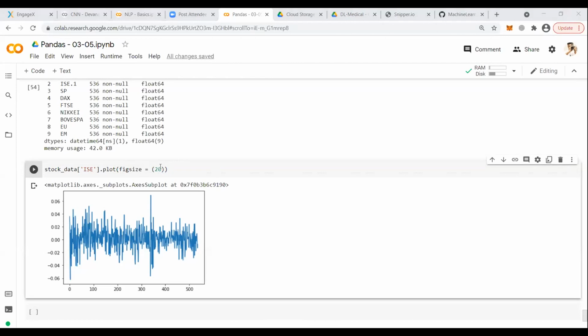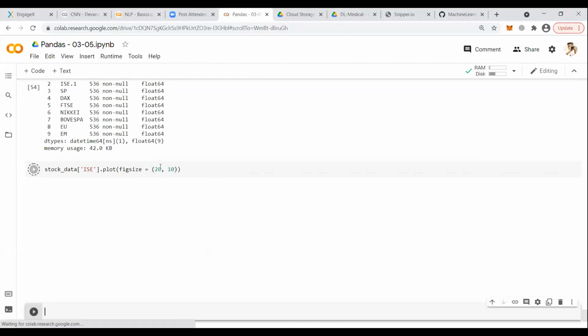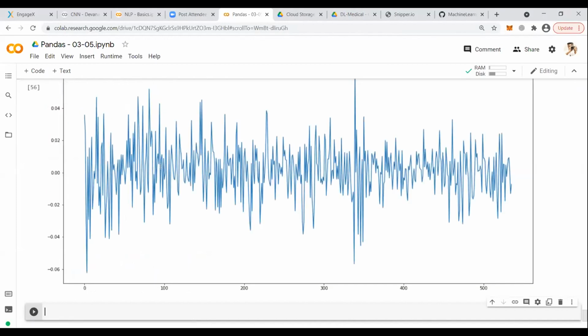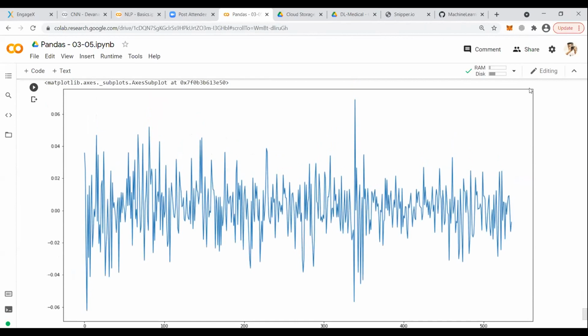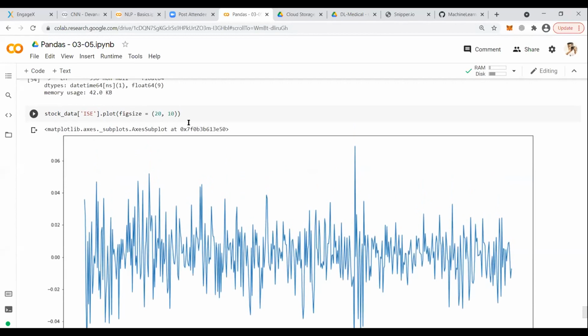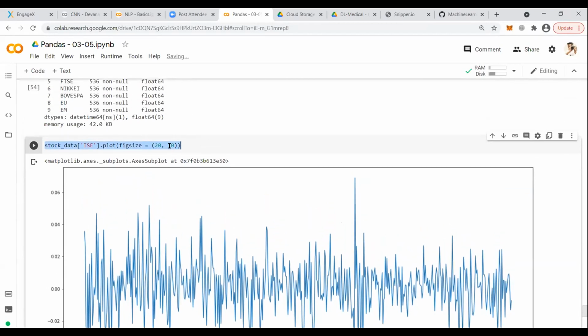20 as a width and 10 as a height. 20 is your width and 10 is your height. Remember that. The default setting was there, whatever, we are just making it like that. This is your first example to convert your data into a plot.